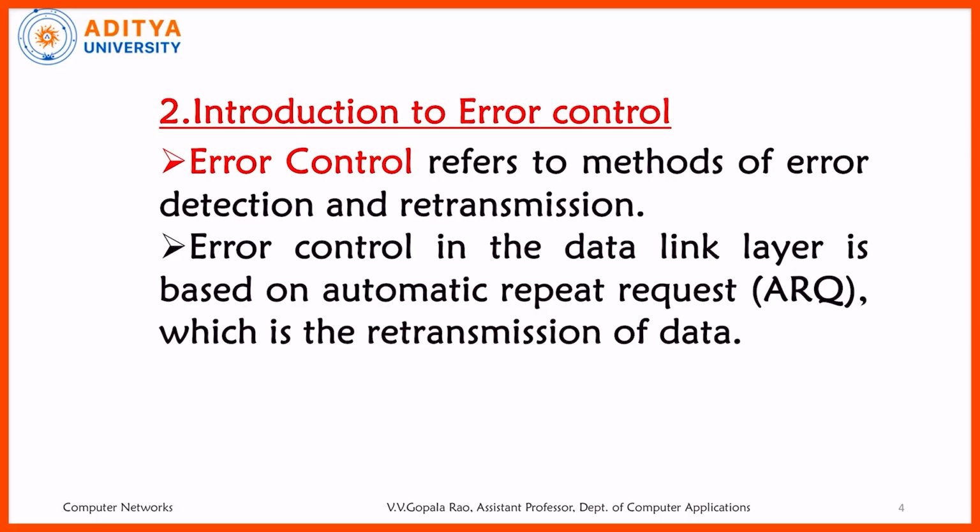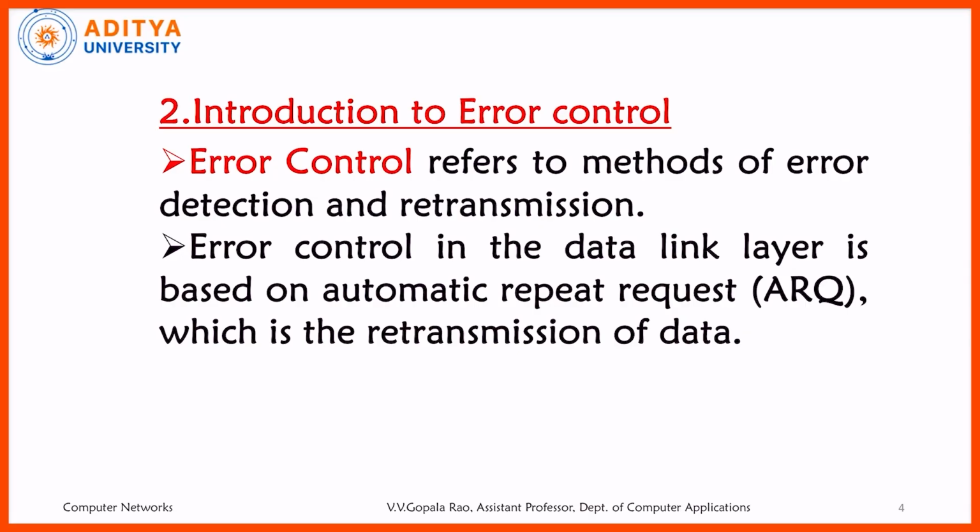Suppose you are a sender and there is one receiver, and you are sending some frames to the receiver. You cannot continuously send the frames without any acknowledgement from the receiver, unless you are clear that the frame you are releasing is received by the receiver. There is no point in communicating all the frames without any confirmation like that.